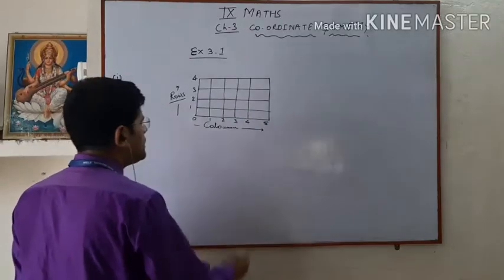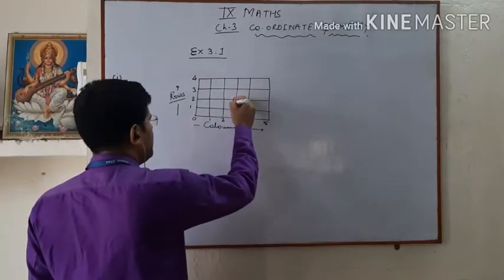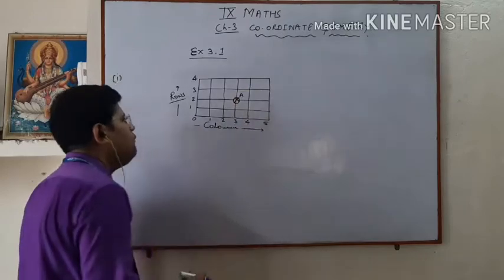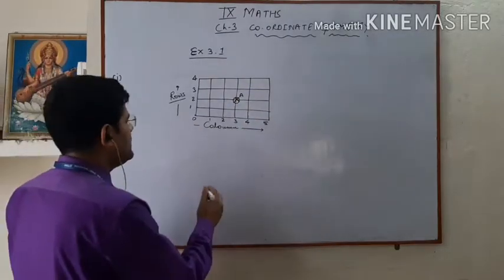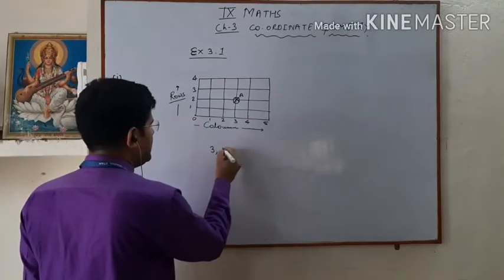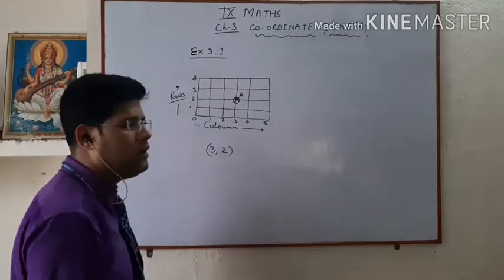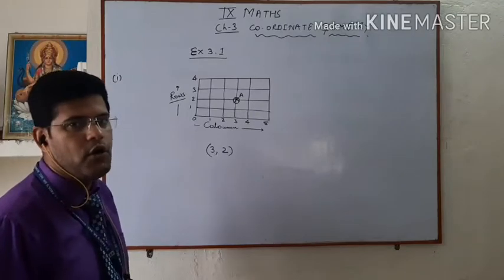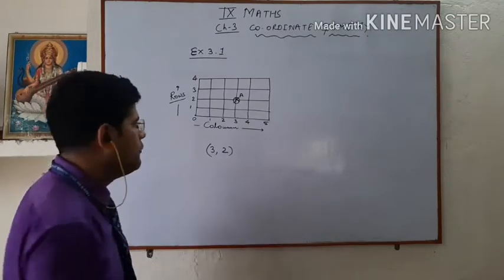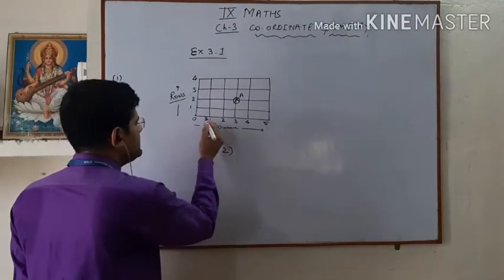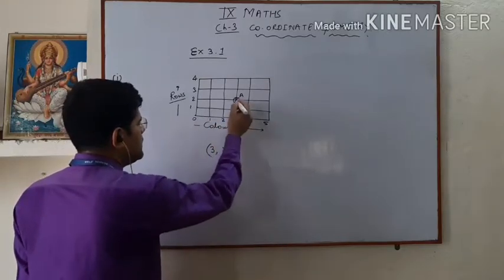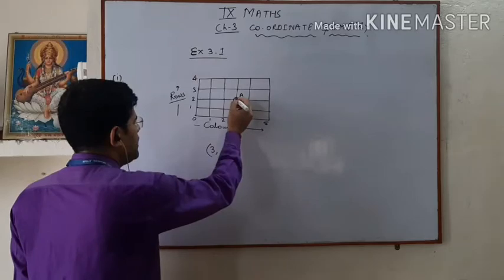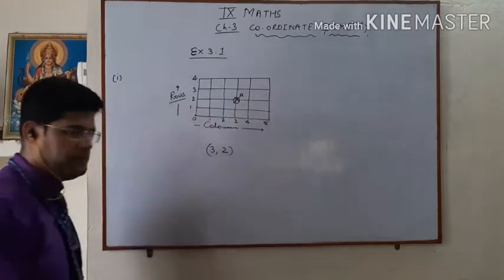Okay, I am going to put the lamp at the point A. How will you describe this? So, this point A is on the third column and in the second row. How do I describe this point on the table? Firstly, we move 3 steps in column and 2 steps in row. Then we get our exact position.